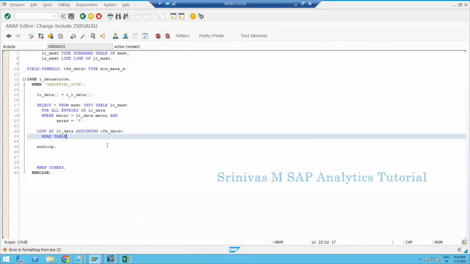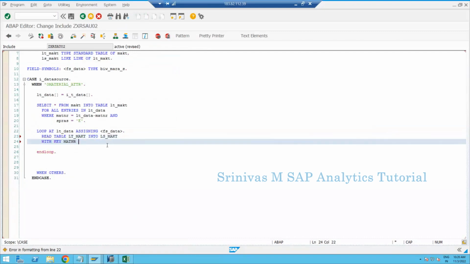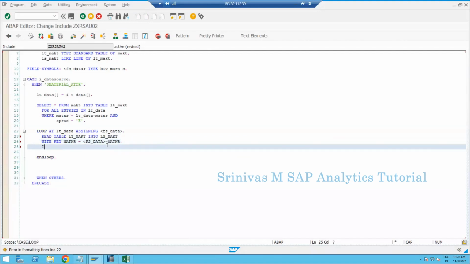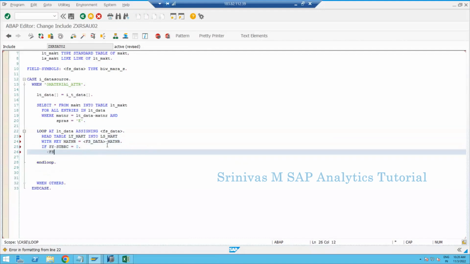So read table LT underscore MAKT into my work area ls underscore MAKT with the key matnr is equal to fs data. In my field symbol I have the material number. If sy-subrc is equal to 0, then I am filling my field, MAKT is equal to ls underscore makt, my field